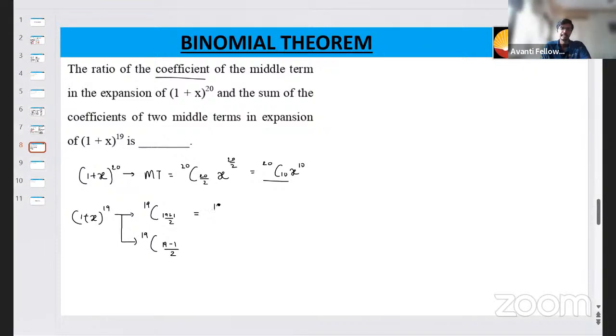So this is basically 19C10 and 19C9. Coefficients ही ले रहा हूं मैं. So what do we have here is